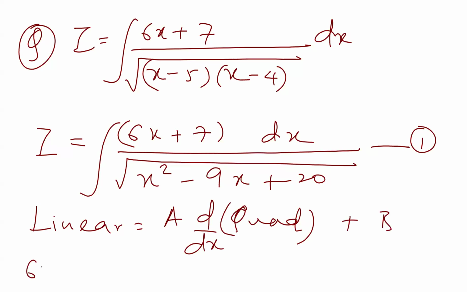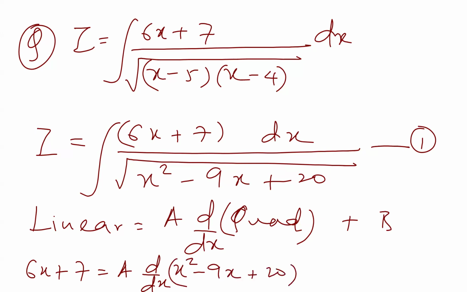So 6x plus 7 equals a d by dx of the quadratic, x square minus 9x plus 20, plus b. Now we are going to differentiate x square minus 9x plus 20. So this will be 6x plus 7 equals a into (2x minus 9)